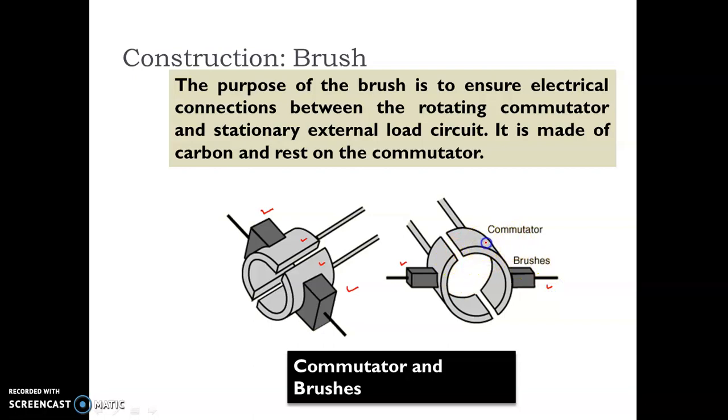At this time the commutator segment is here, next time it will come here. So this is the commutator and brush arrangement. If you connect an electrical load here, suppose this is your load resistance, electrical current will start to flow from this side and enter this side. So through the brush we can connect the load, or we can give supply also. The brushes are responsible for the load to be connected.